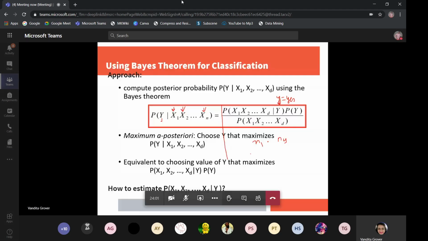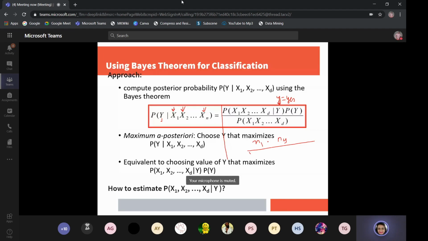It is ny, and you will be dividing that by how many records this particular combination is occurring in. So let's say nx. Now this is for one class. Now suppose you have y equals no. For that there will be some n2 records. It could be 0 also. I am not saying that it will always be some positive number. Where ny equals no has already occurred, and this nx will remain the same.